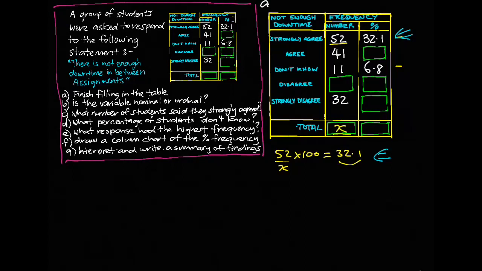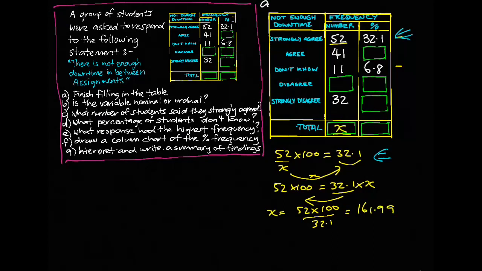So we need to get x on its own, but we need to get x on the top, so we're going to have to bring that over the equals sign to multiply. So that gives us 52 times 100 is equal to 32.1 times x. And then we can bring this over to divide to get x by itself. So x equals 52 times 100 divided by 32.1. And that gives us a value of